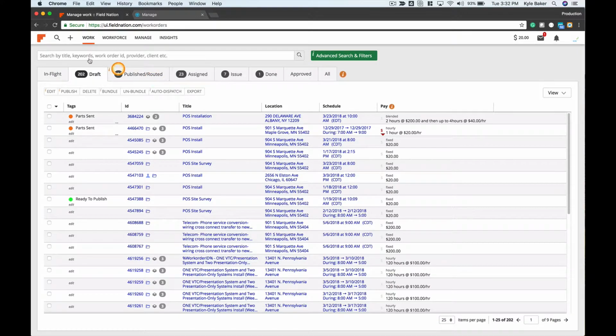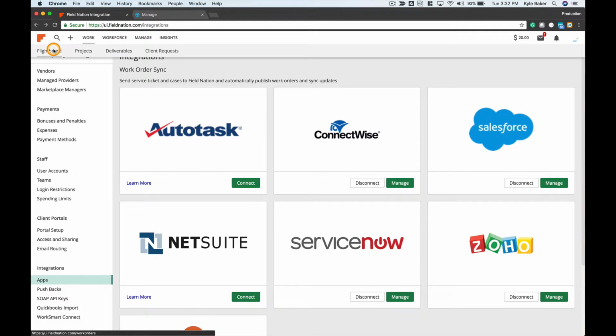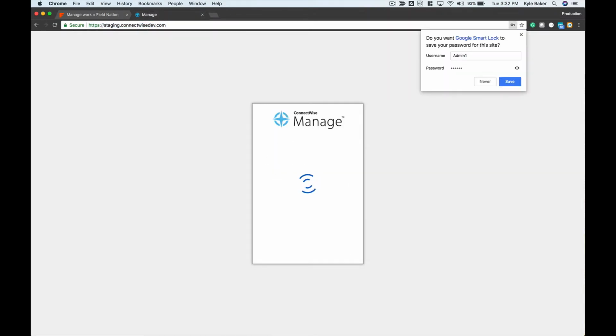work order Flightboard page. If you want to disconnect the integration, maybe you made a mistake with the ConnectWise public key or private key, you can always click on disconnect, which will then basically remove the settings and then allow you to re-add them and reconnect. Okay. At this point in time, we'll log into the ConnectWise system